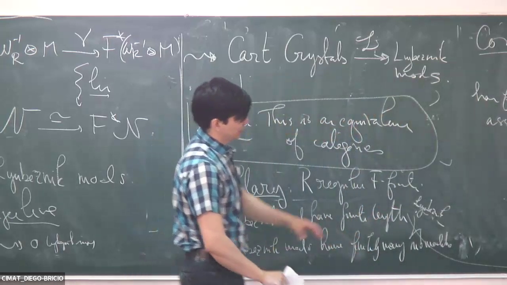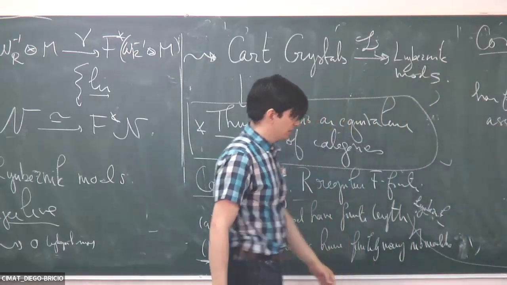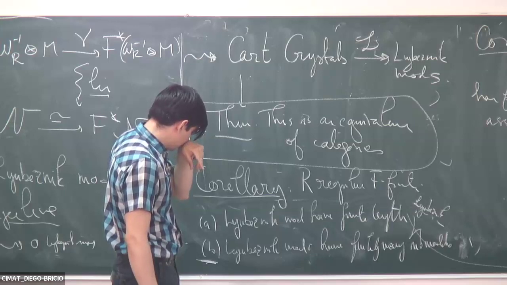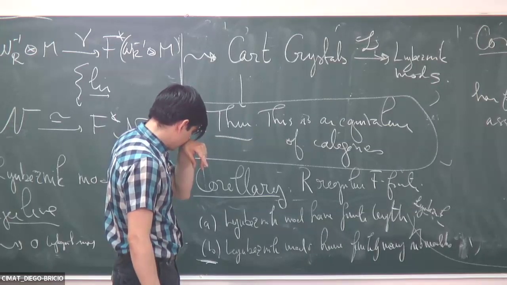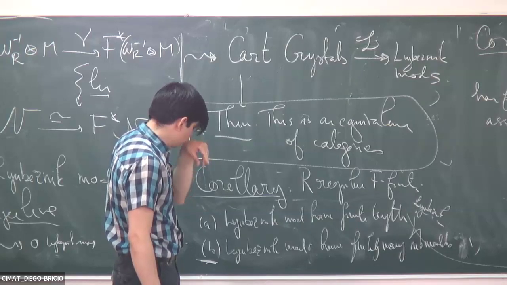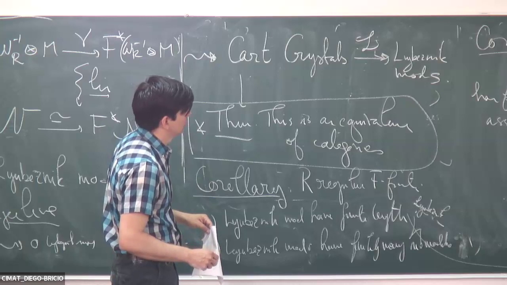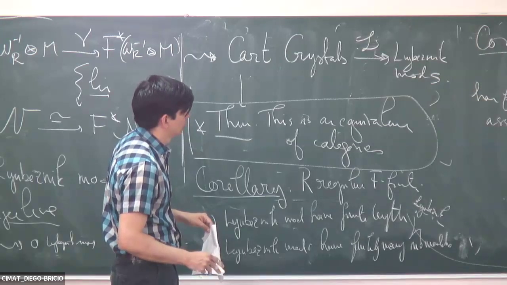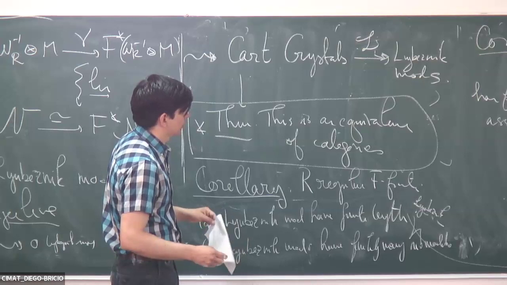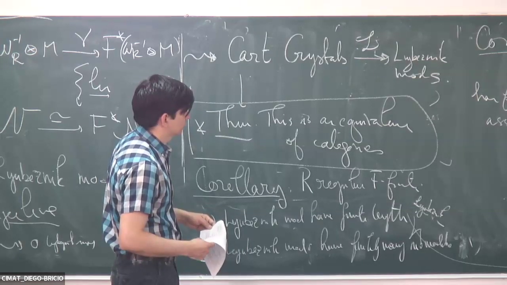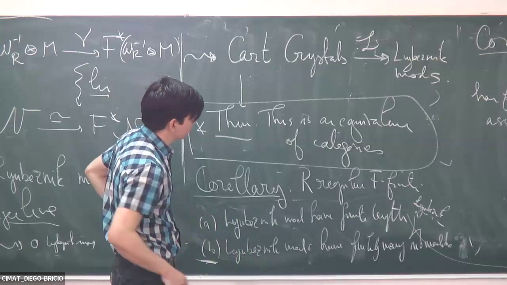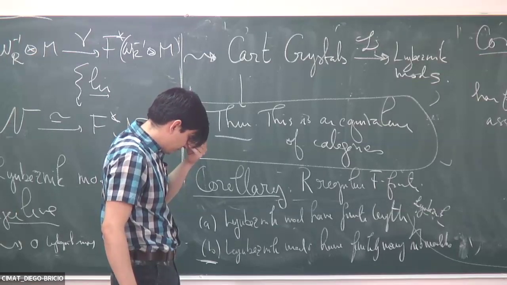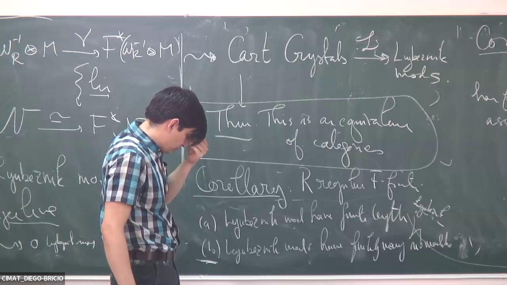Well, let's think about it, but the point is that the associated primes of these objects, this is a Lyubeznik module, so it has to have finitely many associated primes, because